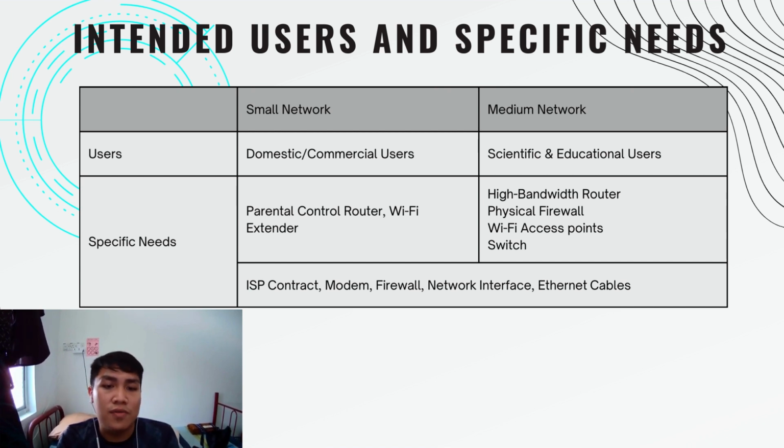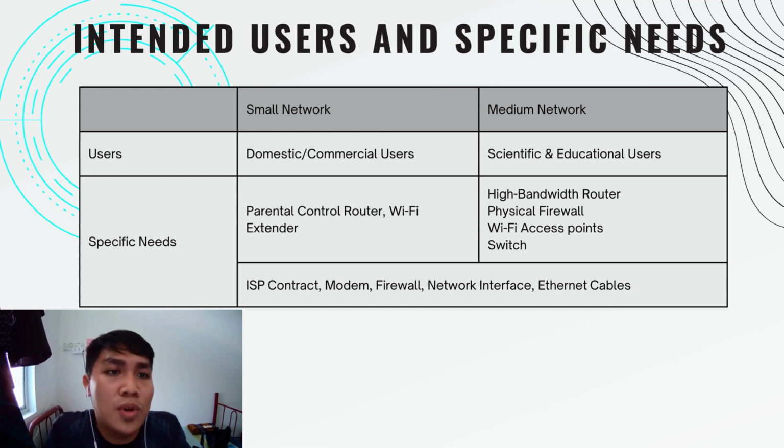And then the specific need for a small network is parental control with the Wi-Fi extender. This is in response to the requirements question earlier. It's also in the report to control access of any younger users or younger audiences who will use the internet, whether you like it or not, because kids nowadays tend to use the internet a lot. So we have to put a filter or something to block them from seeing content that they're not ready to accept, because they don't know what's wrong or right, so they don't really know whether it's good or bad for them in the long run.